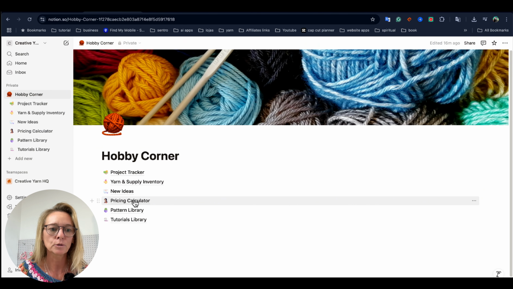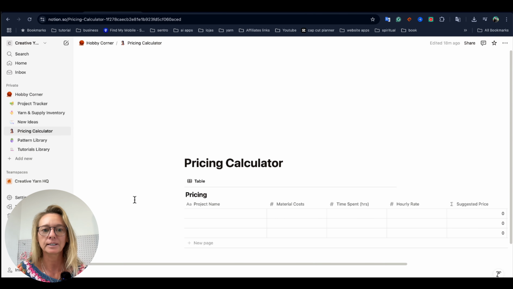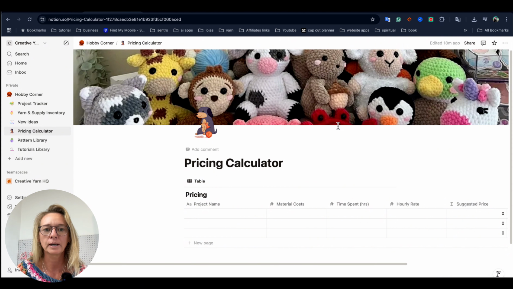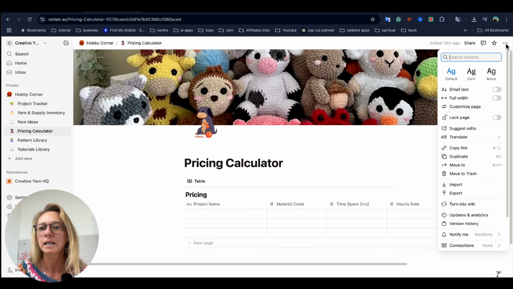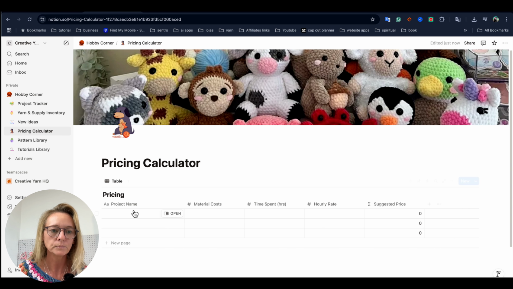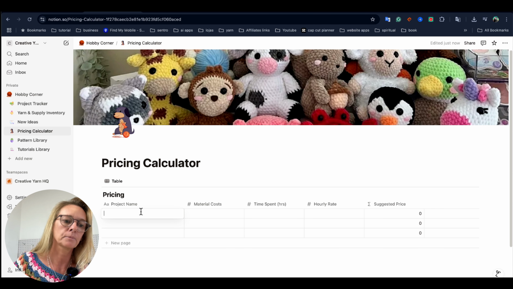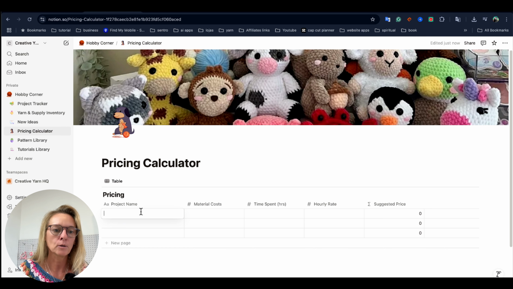So let's go to the pricing calculator, guys. That's, I think, something everyone wants to look at. I played around a little bit with this. I'm going to put this on full width again, but not much, because I only make patterns. I don't really sell items anymore. I used to before. I used to sell crochet bikinis, and to give you an idea of how I used to calculate mine, I'm just gonna put here